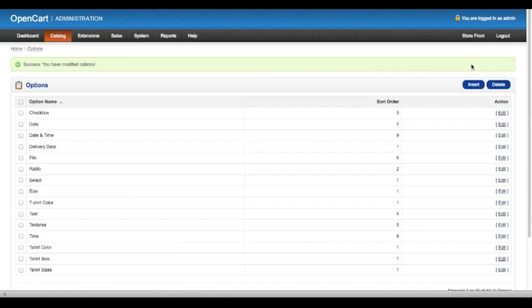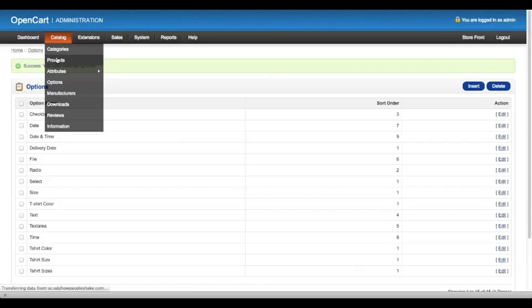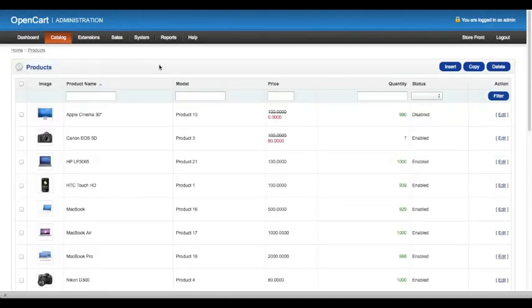Next, we will go over adding products, and this will make a little more sense since we went over options before creating any type of products. To insert products, let's hover back over Catalog in the navigation bar and click on the second list item labeled Products. For now, we will disregard these current products and insert our own new product. Let's take our mouse and click on the button Insert to the right.